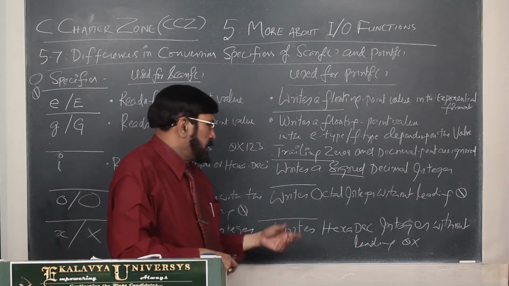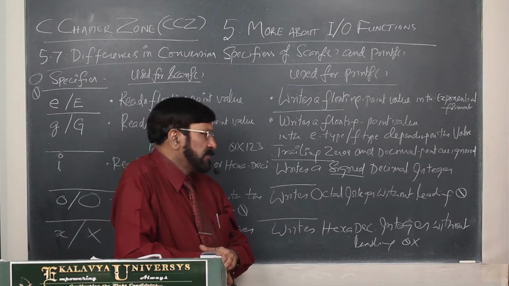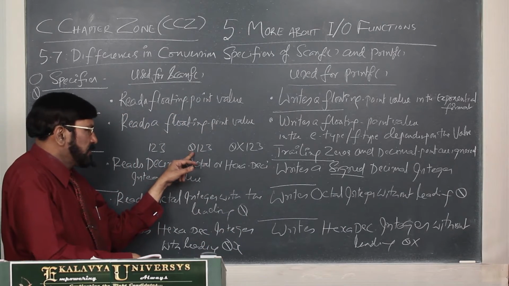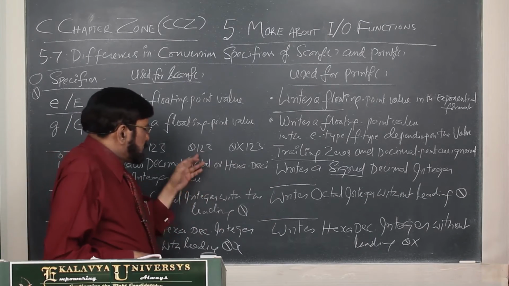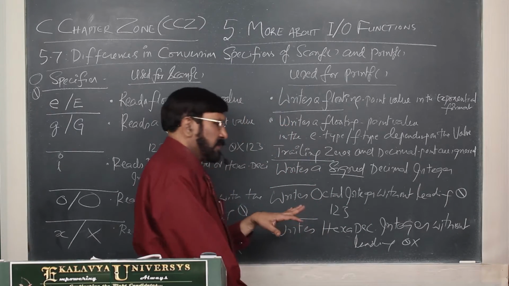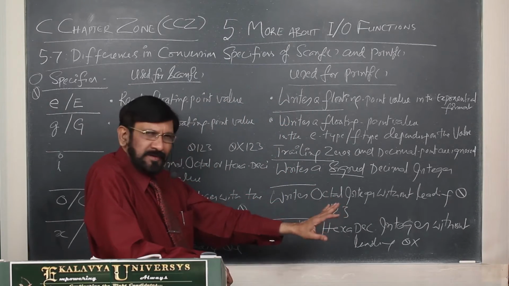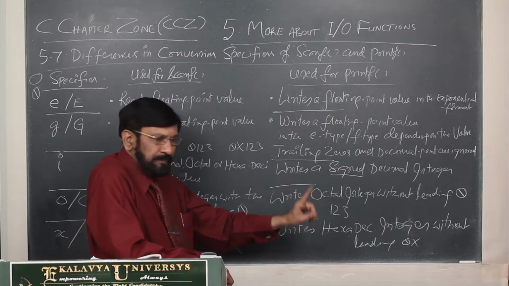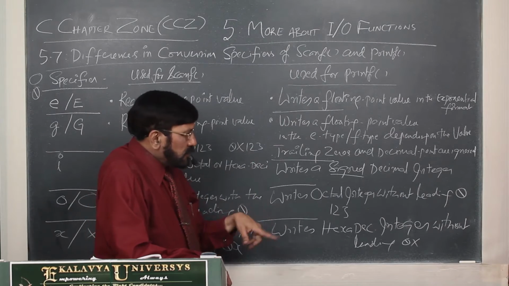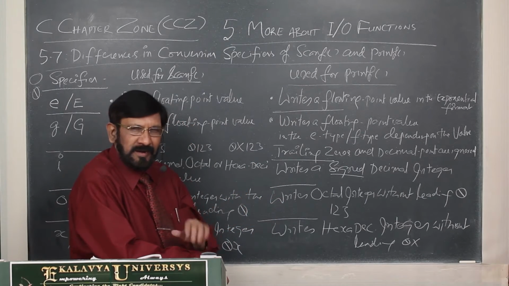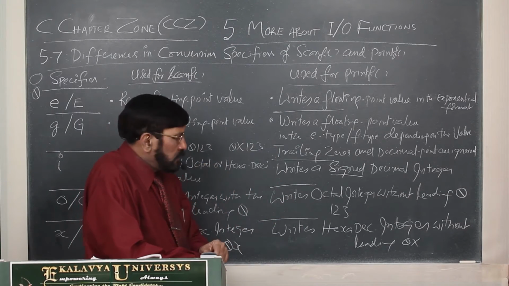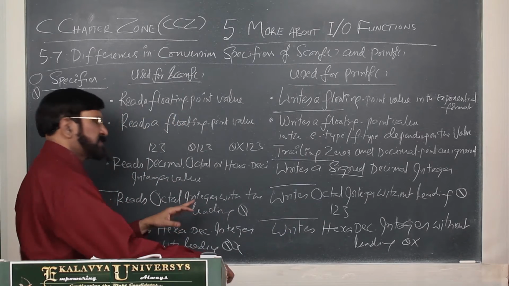And let us come to printf. Writes octal integer without leading 0. Suppose you have entered through scanf this value, but the same value is written as 123 only. 123 means you should not mistake, but printf prints it without the leading 0. That point always you remember. In order to print 0, one technique is there, little later I will explain. You have to insert a hash symbol between the percentage symbol and the conversion character. That I will tell you later, I don't want to distract here.